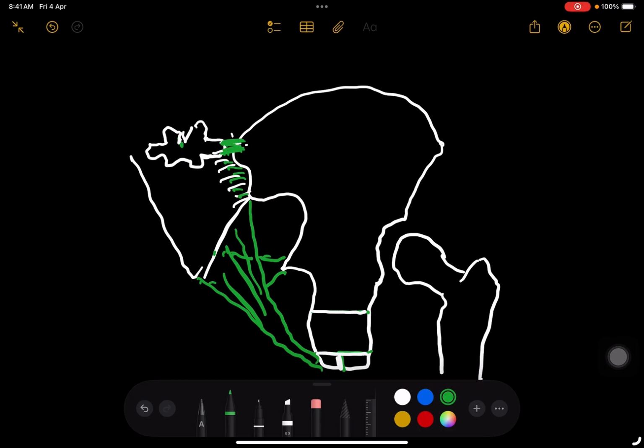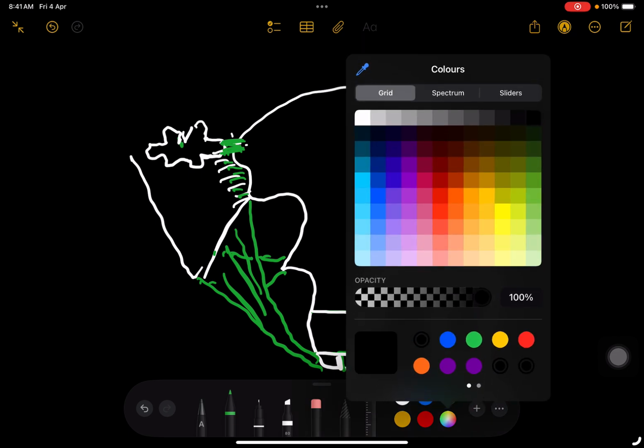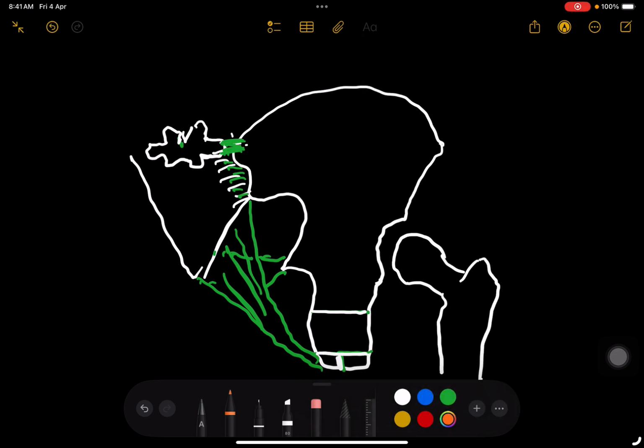Now, from this iliac tuberosity arises the tensor fascia lata, which converts into an iliotibial band. Now, this iliotibial band,